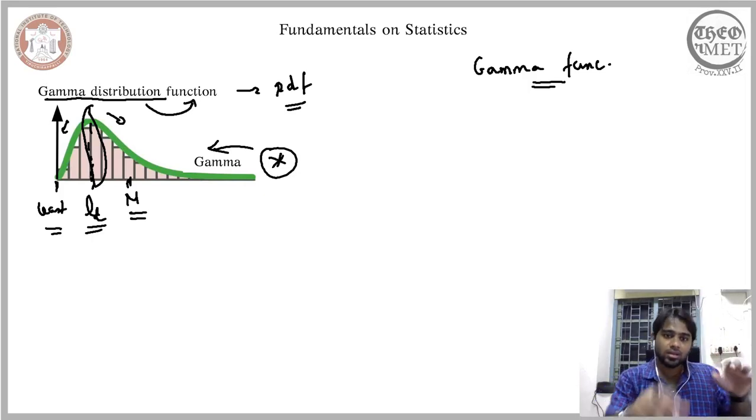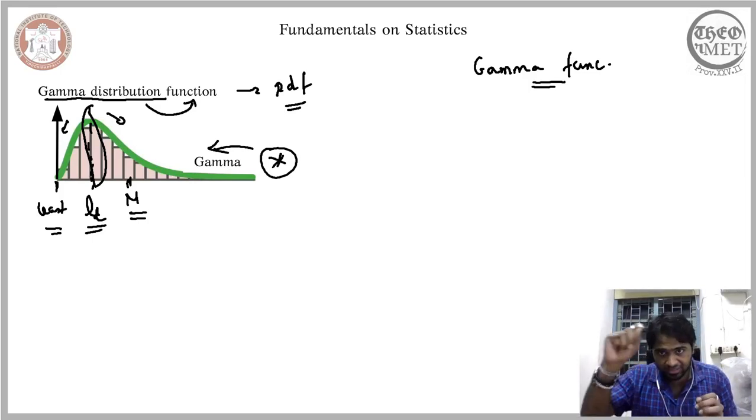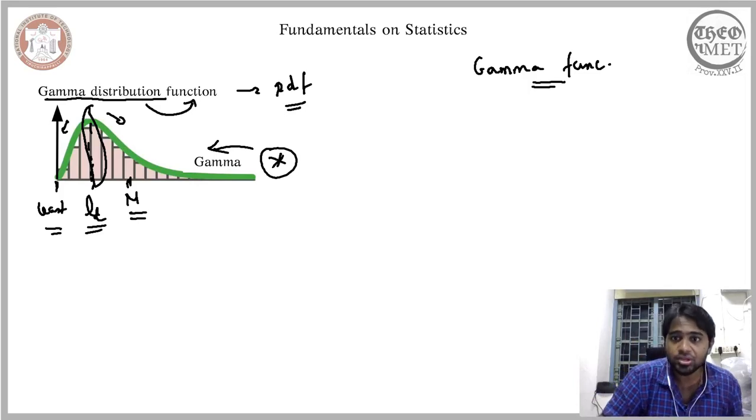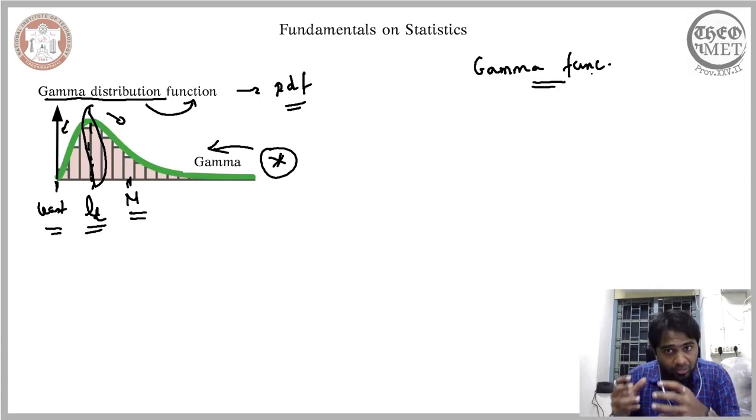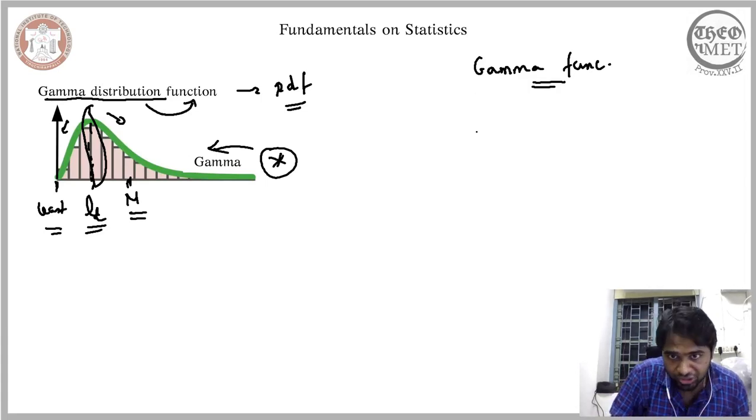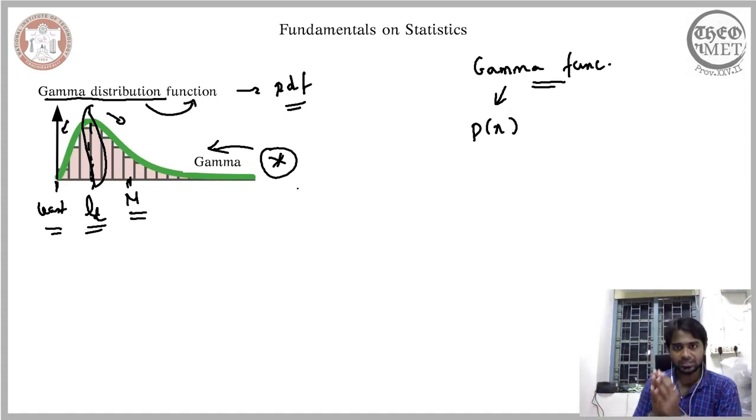Now you want to have an expression that describes this green curve, and it is found that when you use a gamma function, it becomes easier and more accurate for us to arrive at a function that describes the trend in this green curve. So when you want to describe the curve associated with the distribution shown here, which is not concentrated at the mean or at the lowest or at the extremes,